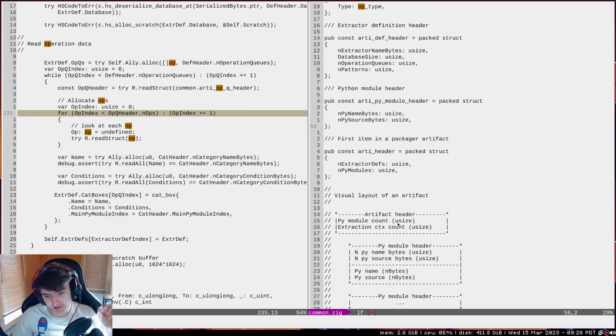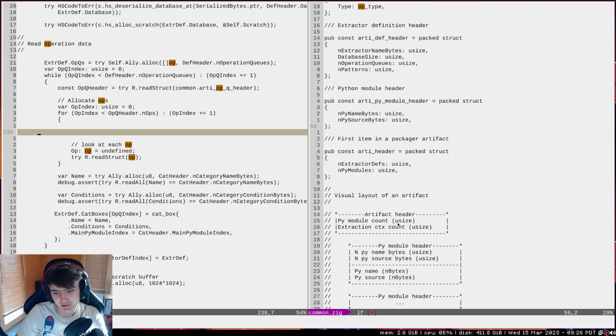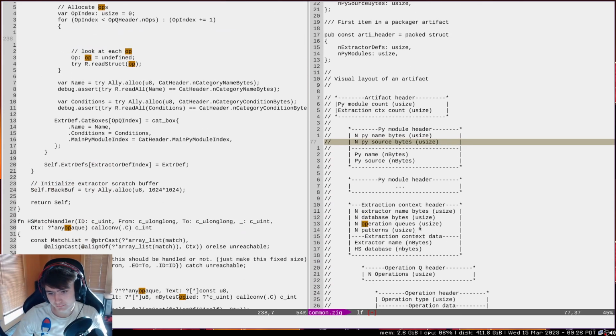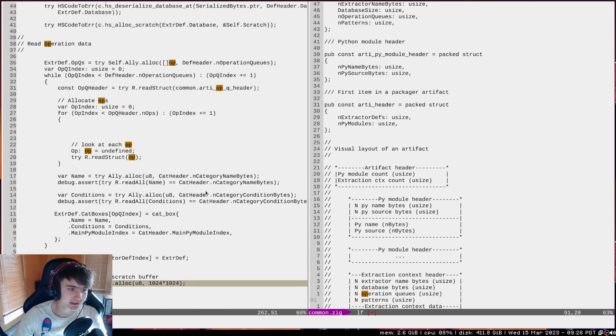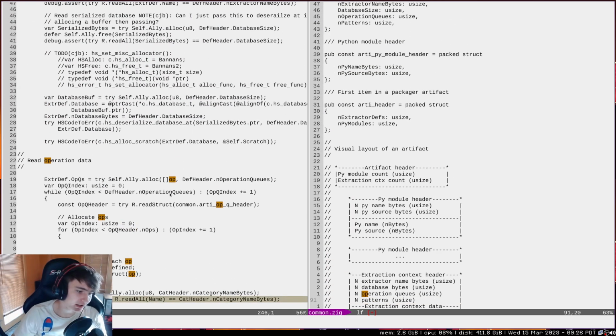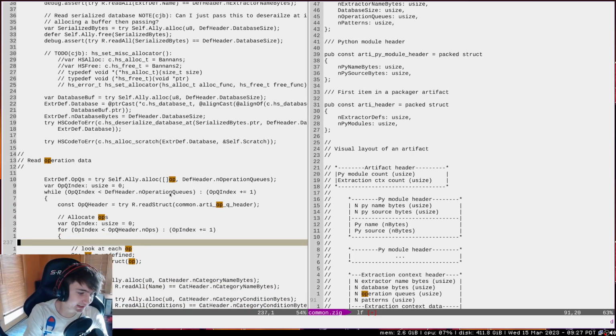Basically what I want to do is say, according to your type header, prior to looking at each op, we need to look at the operation header itself. So this guy here, we need to understand which type it is, and then according to the type, we actually instantiate a tagged